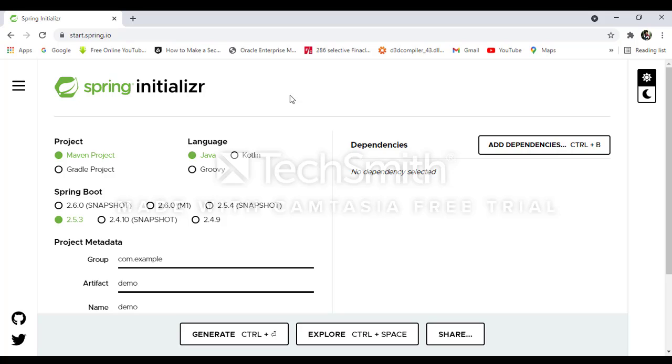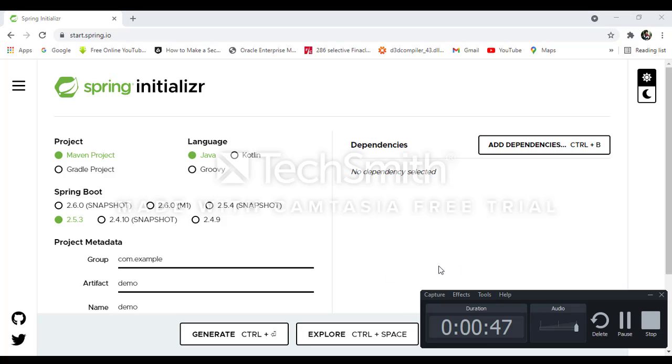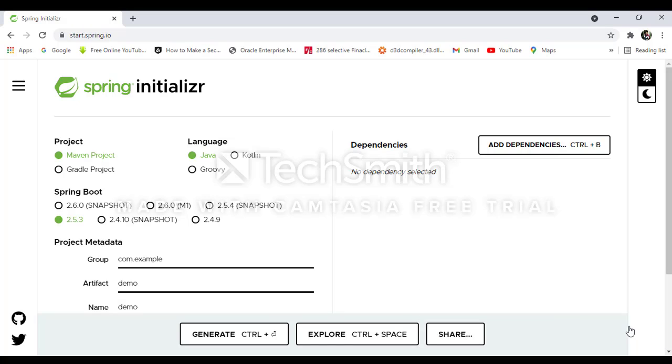It provides the basic configuration of the project, so we can create a project according to our need. You can see the Spring Boot version here.